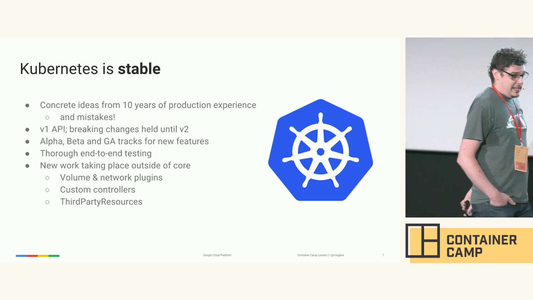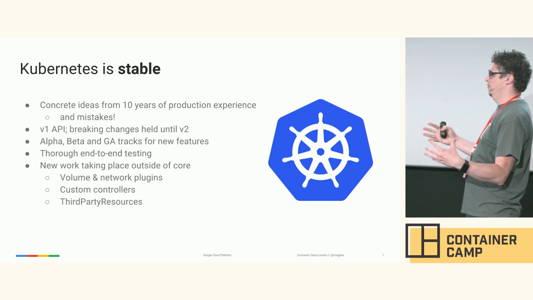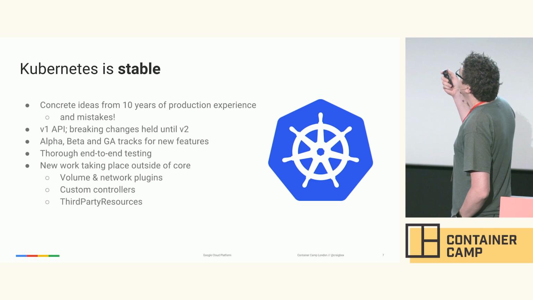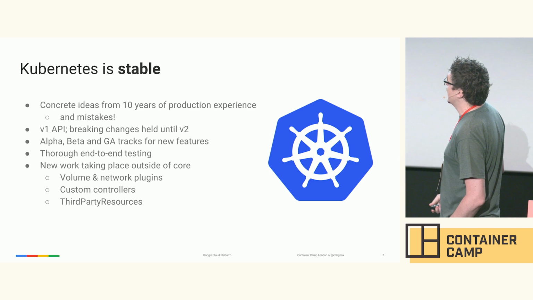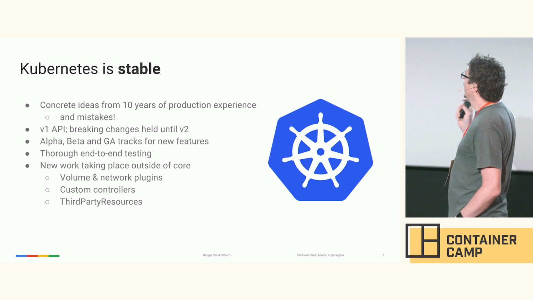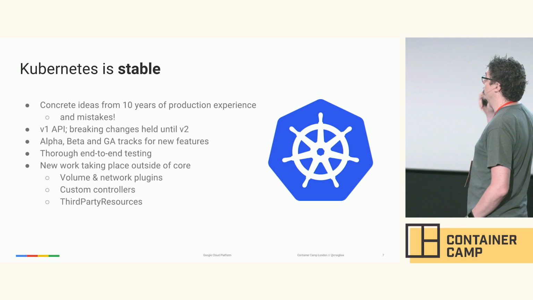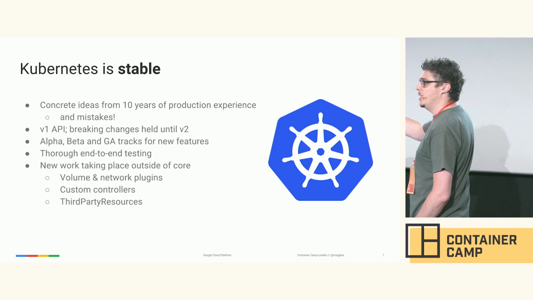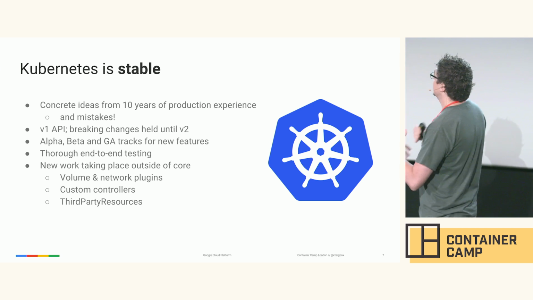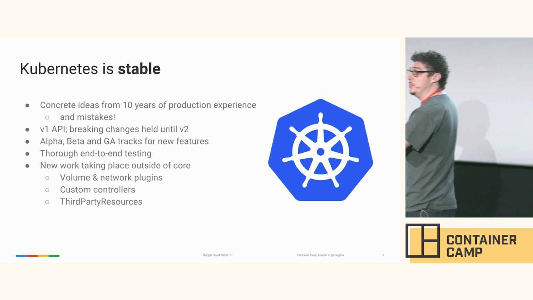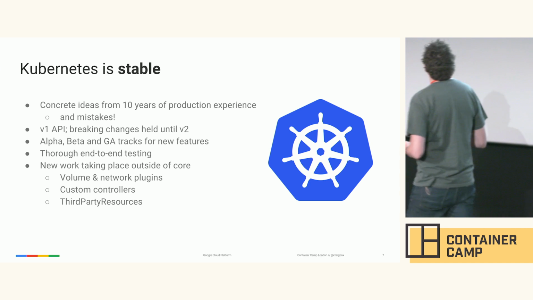I want to point out that Kubernetes is very, very stable, and this isn't just a case of a rock-solid operating environment. It's built on top of our ideas and production containers over 10 years now, and a lot of the mistakes that we've made. We have a consistent API. We don't make breaking changes to it. So we've gone 1.0, and what that means is that API is now solid. We're building alpha features and beta features on top of this, but until we think they're ready, and that's we as in the community, not we as in Google, we are holding them until the next version of the API.